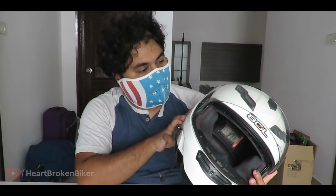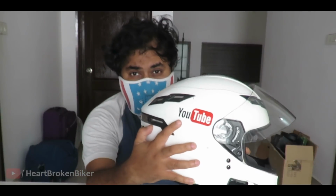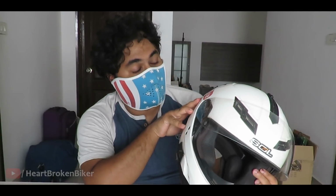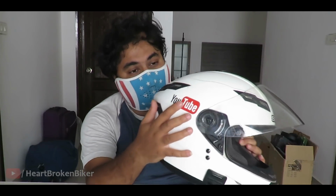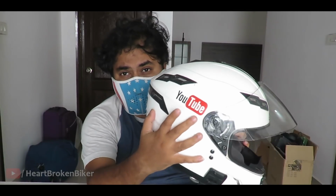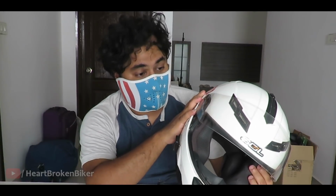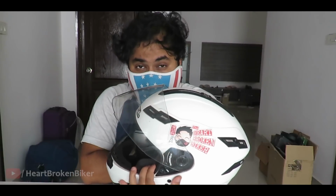In fact, I kind of like this helmet still. This is the first helmet that had my stickers, you know. You guys recognize the sticker. It is on a lot of helmets today, and bikes with boards behind them as big as billboards today. But back then I got the YouTube sticker done. I had to edit the logo a little bit and just have my own YouTube sticker. There's one on my bike, there's one on this, and it is also famously known to have the HeartBrokenBiker,